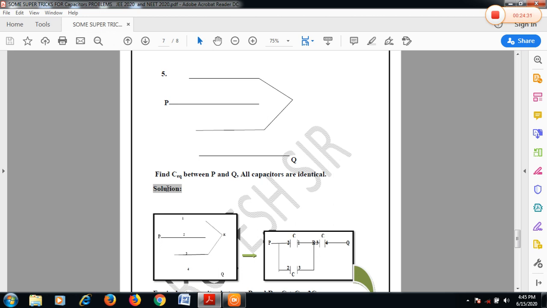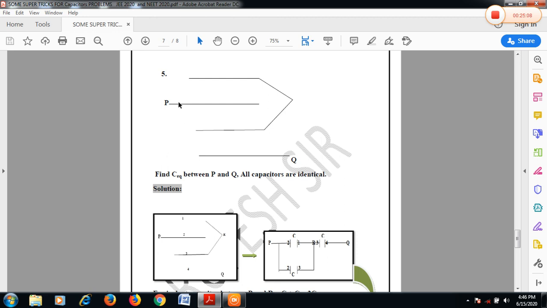Now let us take another point. Let us assume another point at this terminal. Let us assume this point is R. So we are having 3 points. How to draw this type of circuit? We need to first plot 3 points P, R and Q, then we need to consider the capacitors which are connected across these potential differences.